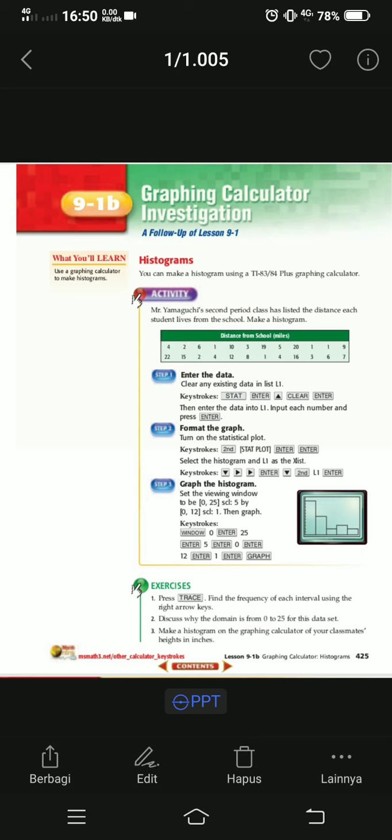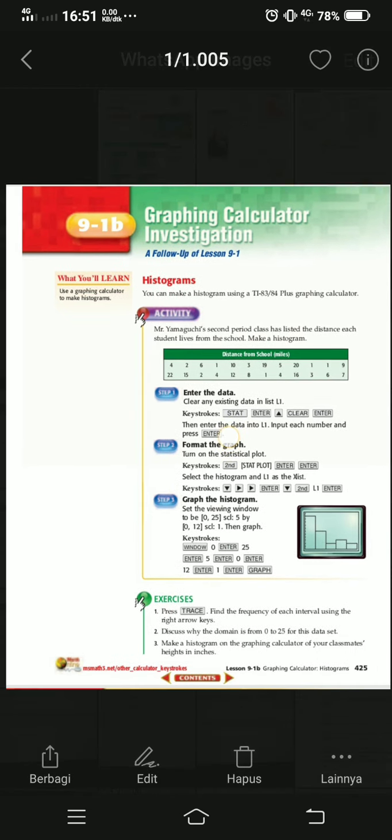9-1B, Graphing Calculator Investigation. A follow-up of Lesson 9-1. Histograms. You can make a histogram using a TI-83 or 84 Plus graphing calculator. Activity: Mr. Yamaguchi's second period class